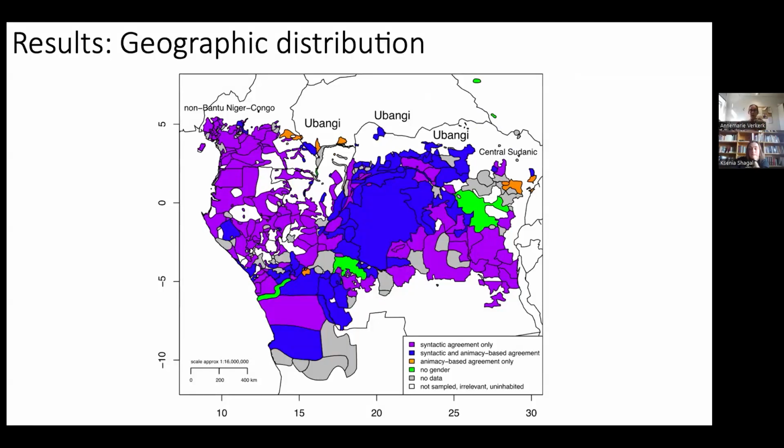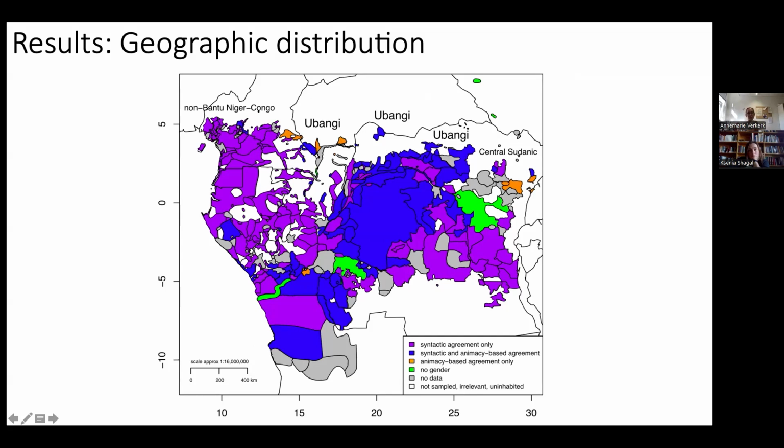It looks like this. So we have here an entire zone of Northwestern Bantu, which is very varied, but where there's basically only syntactic agreement. And then we have this almost diagonal band across the central Republic of the Congo, where Annemarie-based agreement abounds. And then in green and orange, we also have languages that are completely restructured. And these we also find, suspiciously, in this area, right?